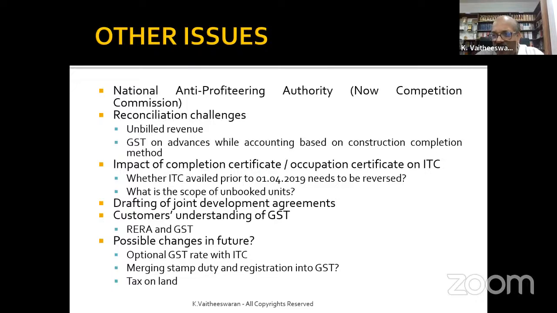Your motor vehicle has it, your GTA has it. You have with ITC, without ITC option. The same logic can be extended here. See, this 5% philosophy is fine for restaurants, at least small hotels and restaurants, because there it's a B2C business. And in a B2C business, like a small hotel or a small restaurant, the requirement for ITC was not significant. Vegetables are exempted, meat is exempted, food is exempted, most of the raw materials are exempted,